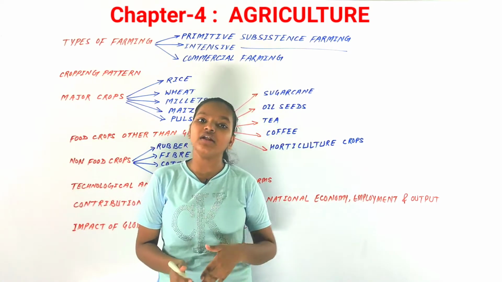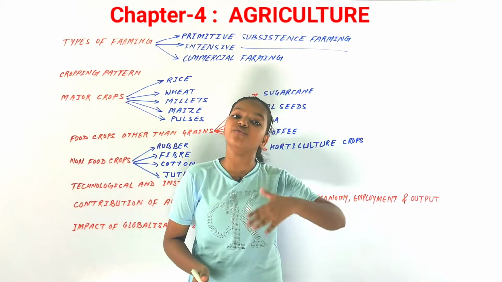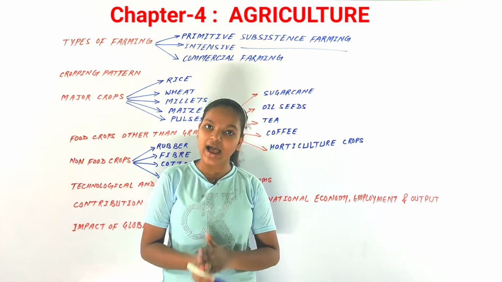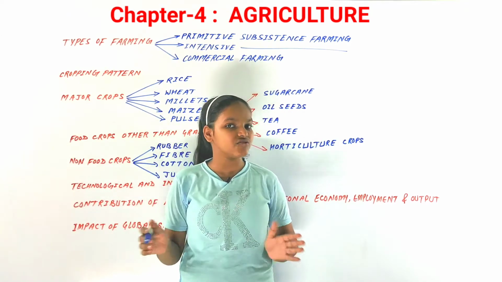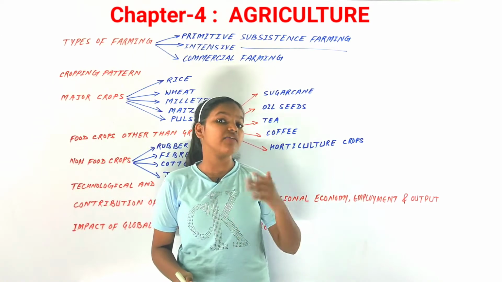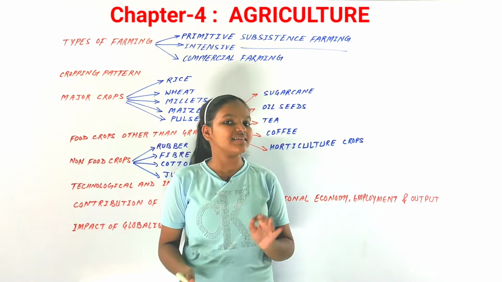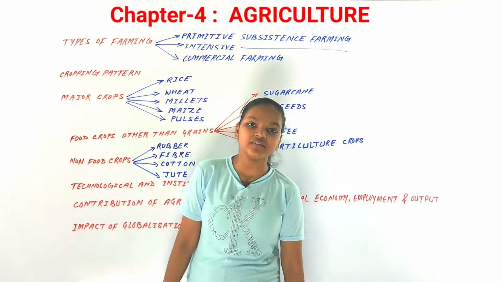As all of you know, most of the food grains and food that we consume comes from agriculture. But not only that, it also provides raw materials for many industries, so it is very important for our survival as well. So let's discuss agriculture in broad view in this chapter, with the first topic,